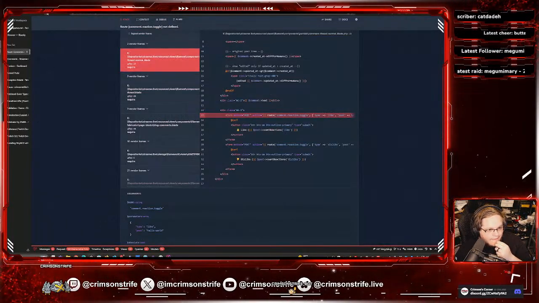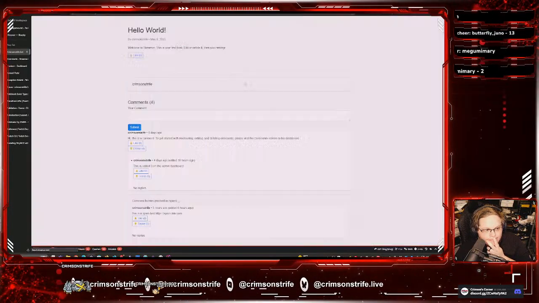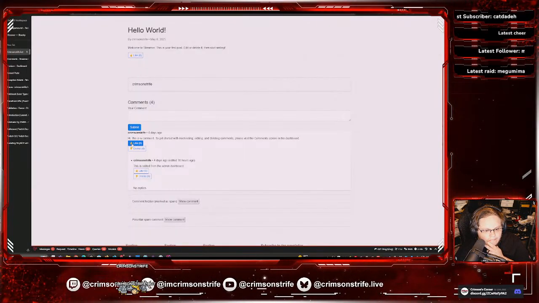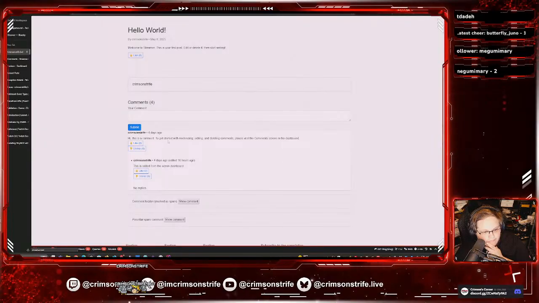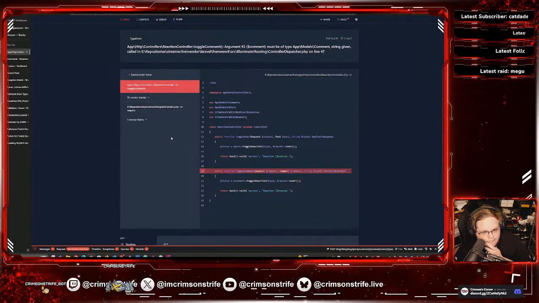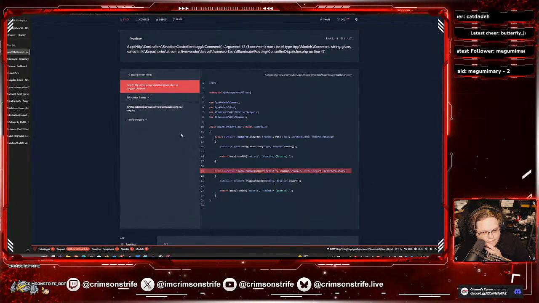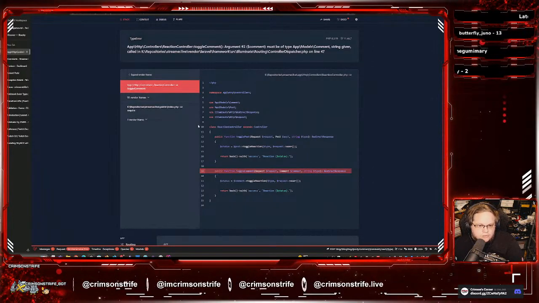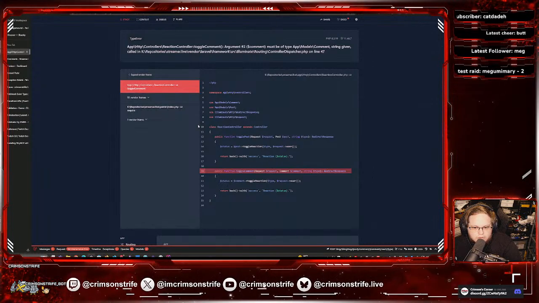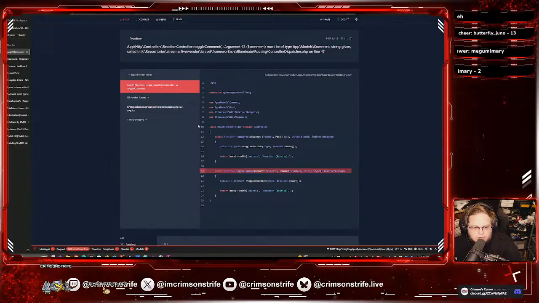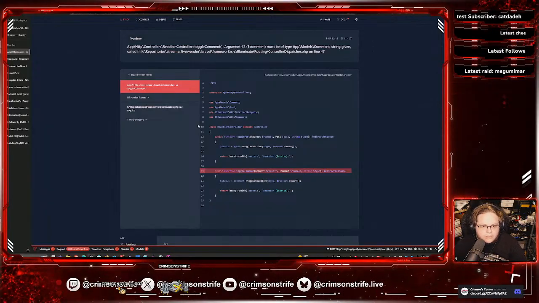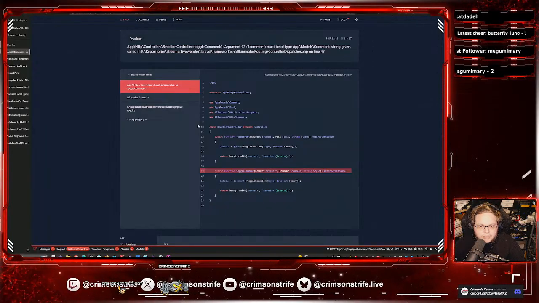Okay. Okay, we're getting there. So toggle argument 2. Toggle comment must be of type